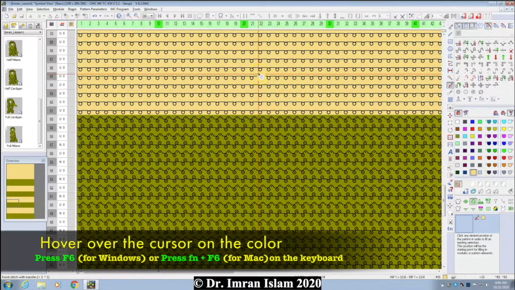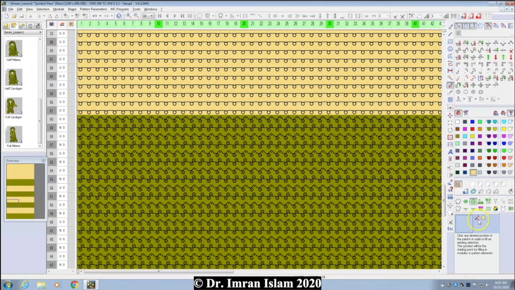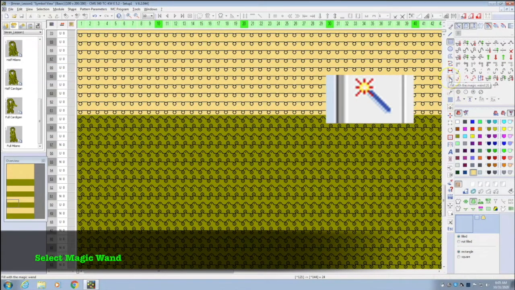Or another way, escape, Control D, I believe you remember, in order to select the color, I have to hover over my mouse on this yellow and function F6 for Mac, or only F6 for Windows, and then you can see the color is selected. However, can you see I do have a fill bucket tool still selected? So how about I'm gonna go here. So I have now yellow color selected, and then this is the magic wand,